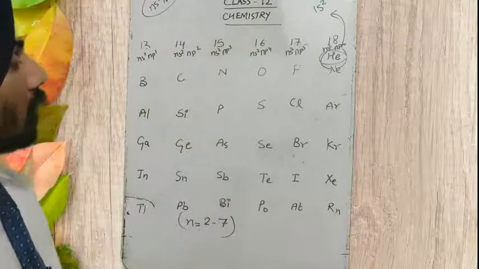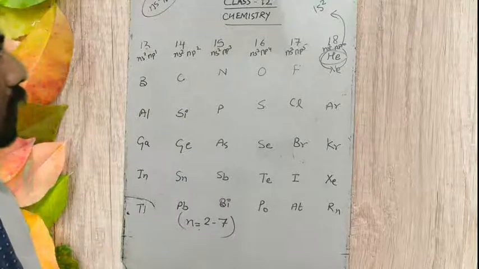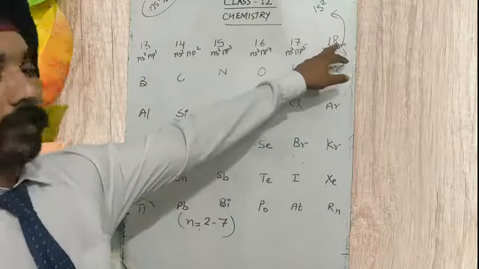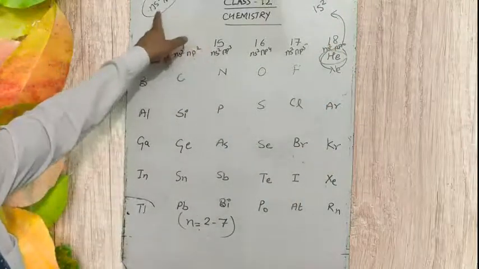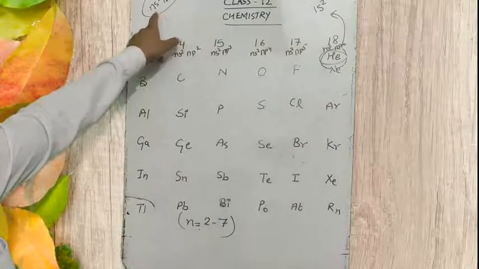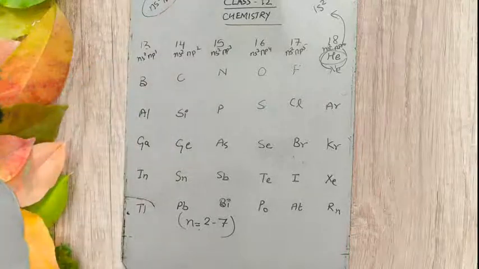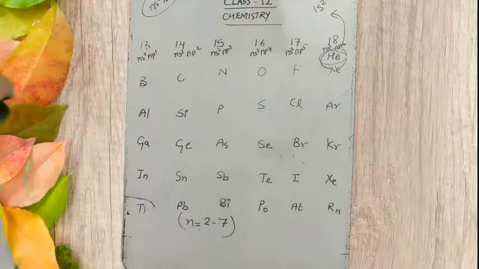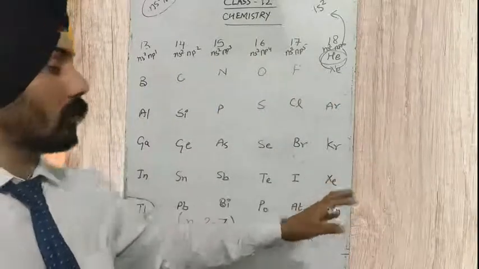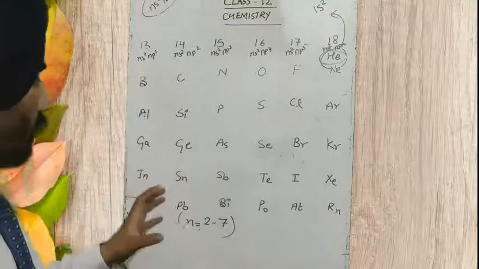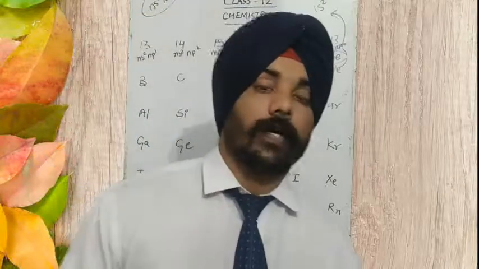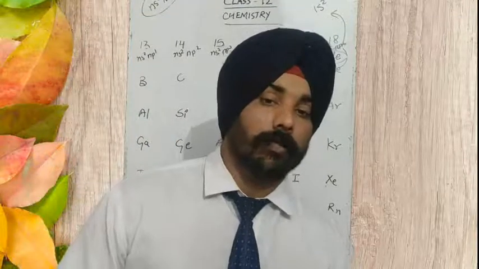block of the periodic table and contains a lot of elements from group number 13 to group number 18, and their electronic configuration of the valence shell is ns2np1-6. There are a number of different types of elements: we have non-metals, metalloids, and metals. So their chemistry is quite diversified, and we have to study that chemistry.